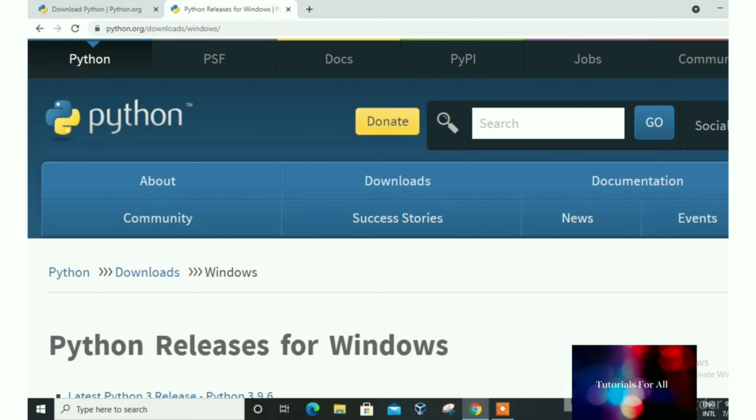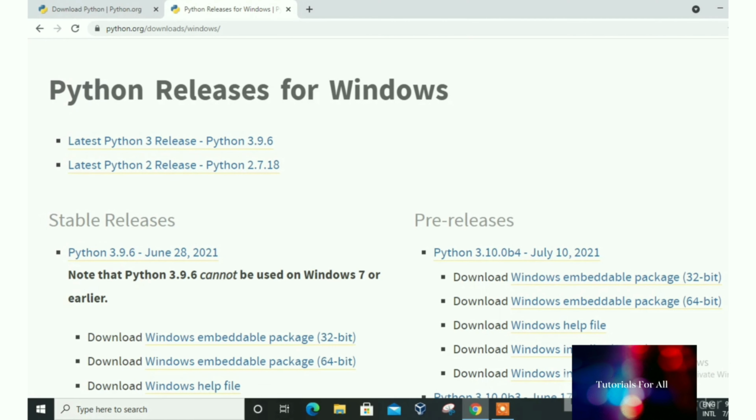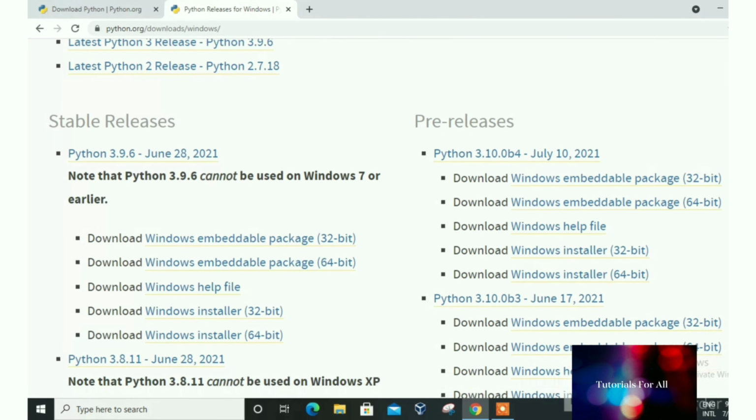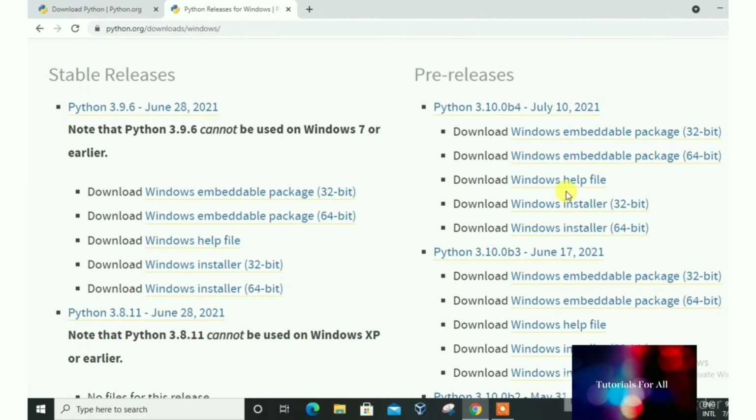In this page, you can see the released versions of Python for Windows. Here you can see the latest version of Python which has been released on 28 June 2021. You can also see the versions of Python which have been released previously. Here I'm going to install the latest version of Python, that is